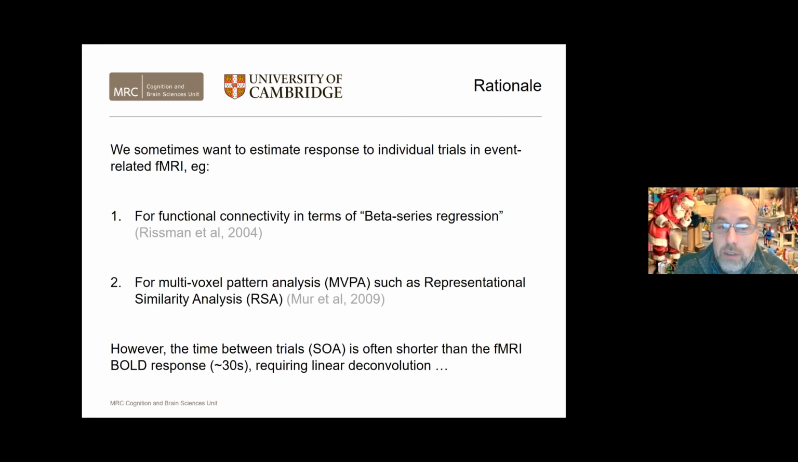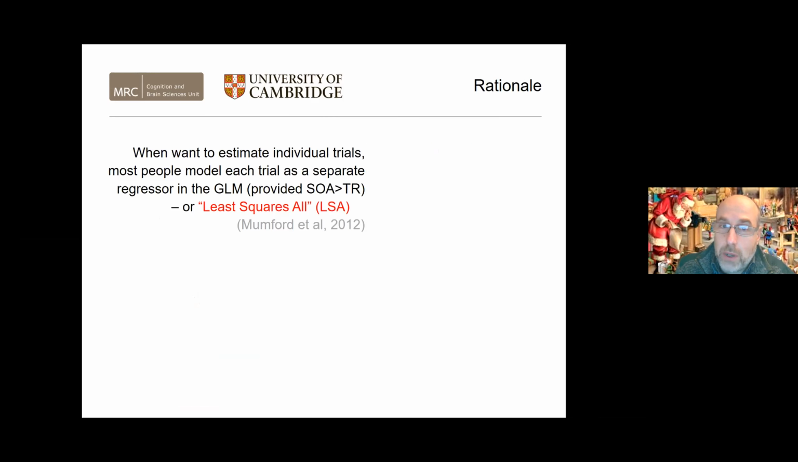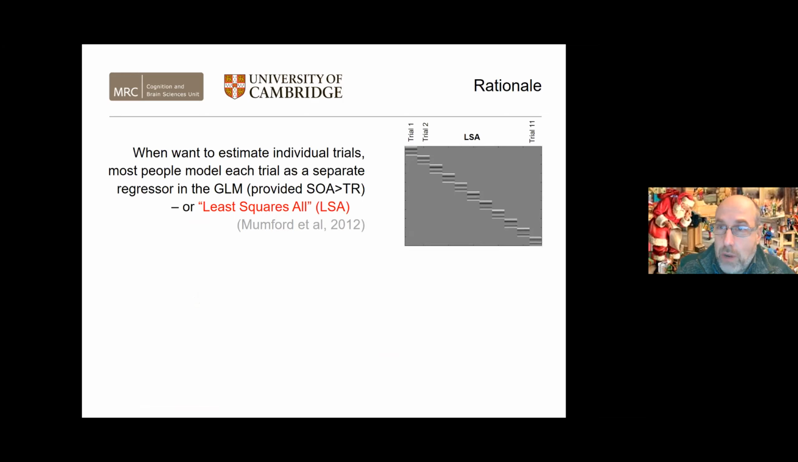But as you know, the time between trials, the stimulus onset asynchrony or SOA, is often shorter than the fMRI BOLD response, which can last up to 30 seconds. So we need a method for linear deconvolution. And we do this in the context of the general linear model, or the GLM. A standard approach that Mumford et al. called least squares all, or LSA, is simply to model each individual trial as a separate regressor or column in